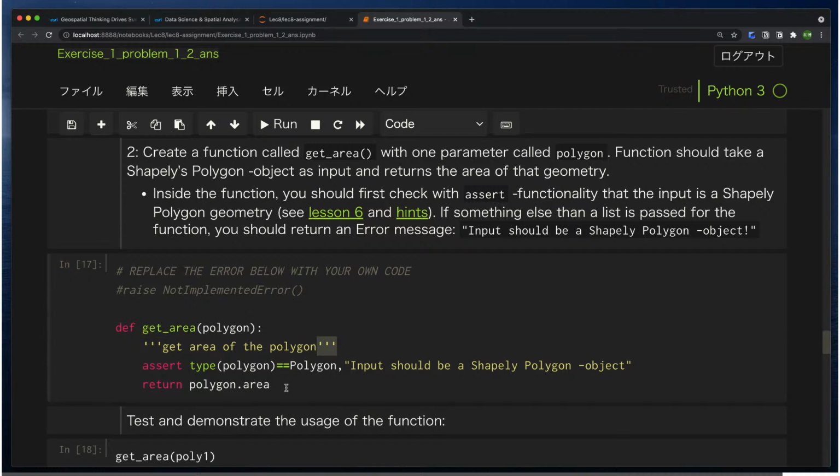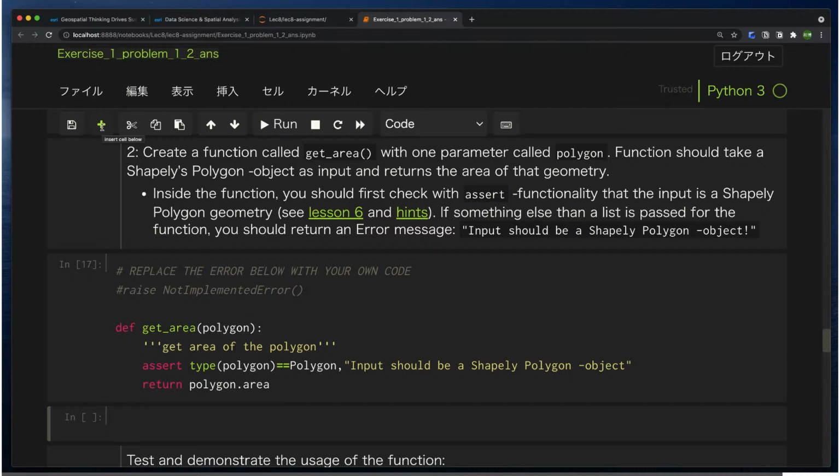By defining this docstring, you can use the help function for this function. Okay, for example, if we run the help for get area,